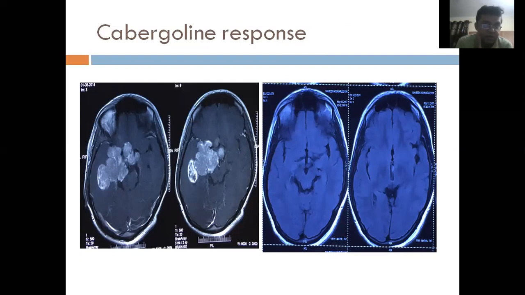So on the left panel, you see this patient. He's got a huge pituitary macroprolactinoma, and it is invading not only into the parasellar area, it's even going into the temporal lobe. And this is the same patient after about a year or so of therapy. You cannot see even a trace of tumor out here. No surgery has been done. Only treatment given was cabergoline. So this is what you can achieve by giving cabergoline in most of the patients.